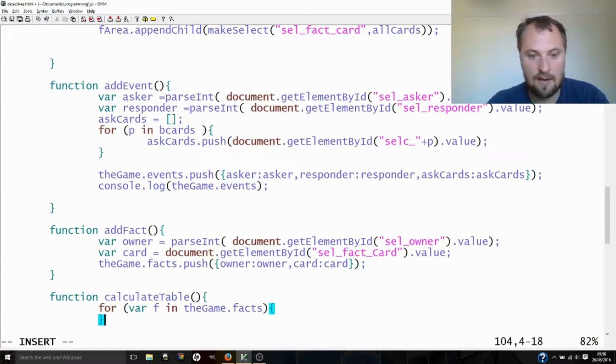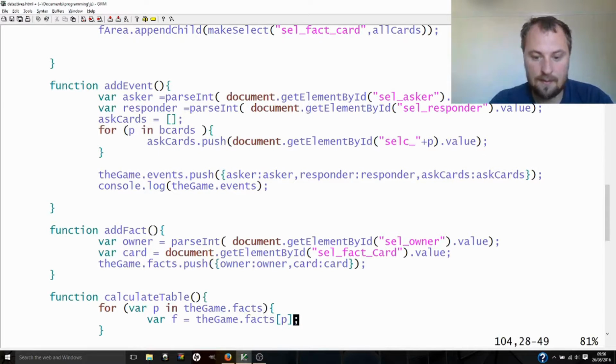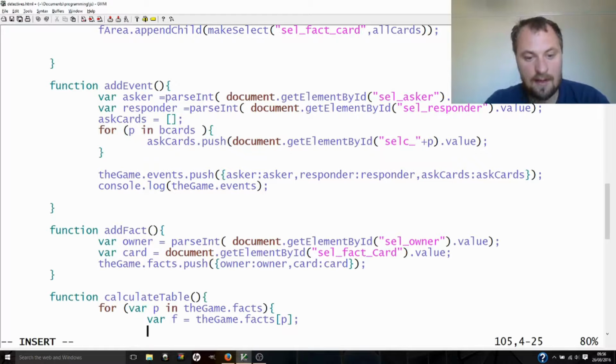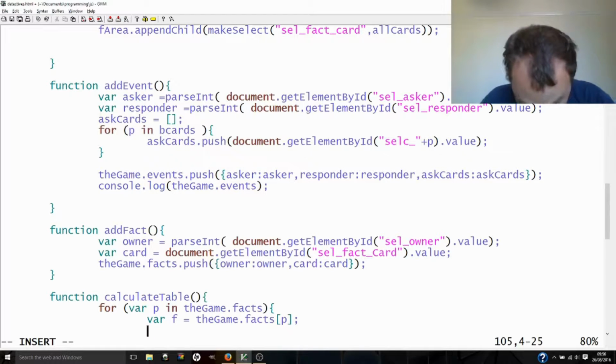So f will now be the index of all of these facts. I might need to shorten that, and we will make that p. I prefer to call that p. And then we'll have f, short for this little fact, equals the game.facts p. And then we can work with our little f, which is our little fact, and